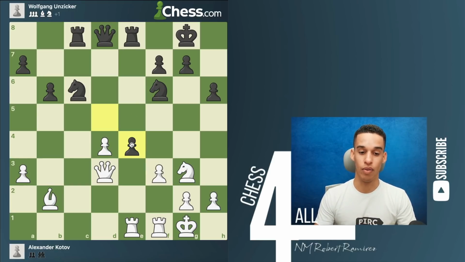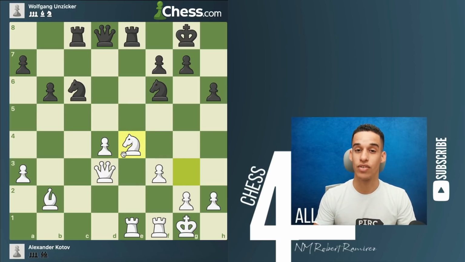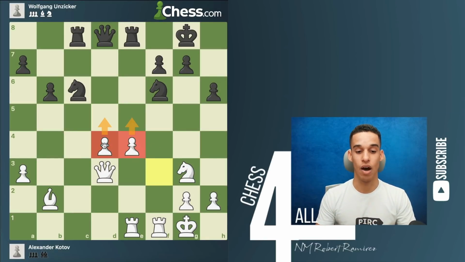center. Now, if you had done something like this, of course you wouldn't do it. Notice how it changes completely. Now we have an isolated pawn. The middle game plans for both sides are different. So anyhow, pawn takes,